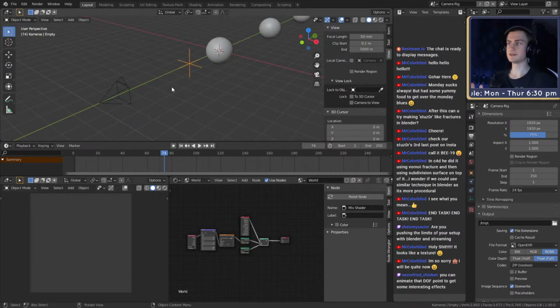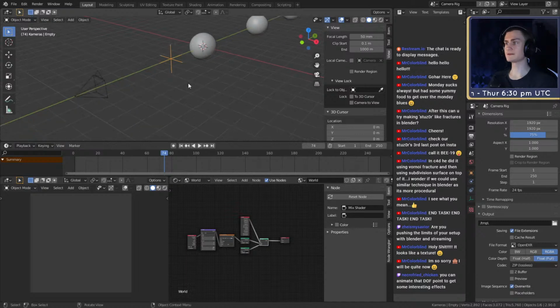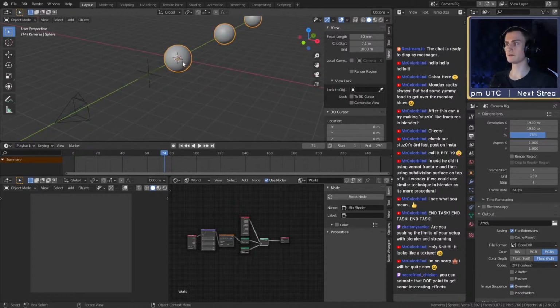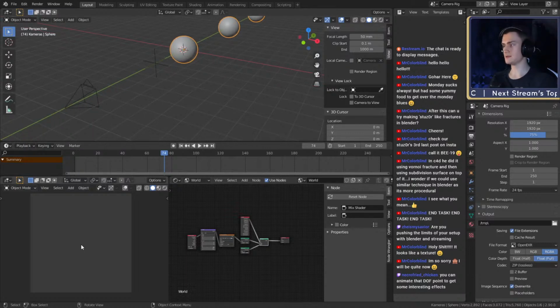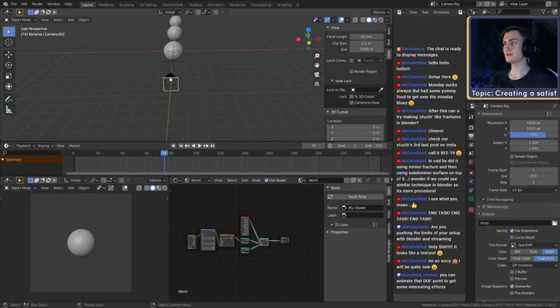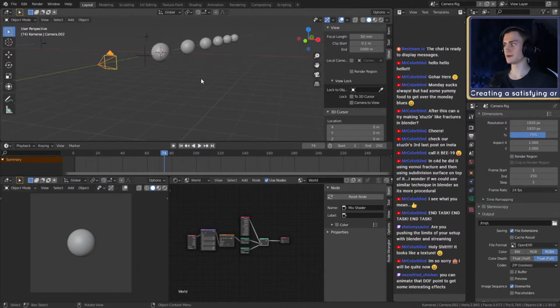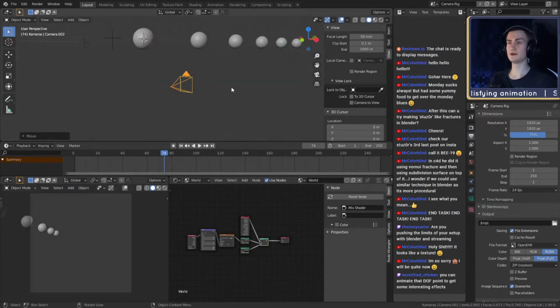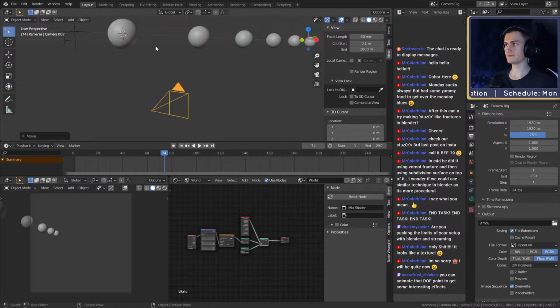What we want to basically automate is this camera. If you, for example, want to focus on this ball right there, you can see this is the camera. Oh, we have to switch the camera view. This is the camera view. If you then want to relocate your camera, like down there or over here, you then have to rotate your camera to get your focus back on this sphere up there.